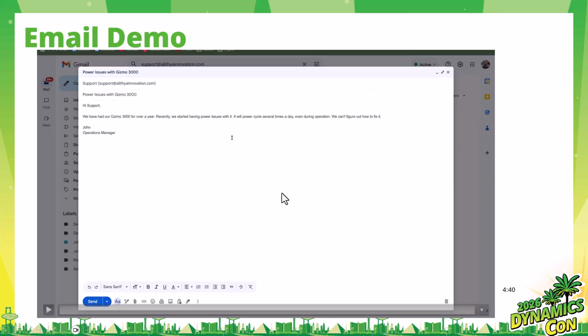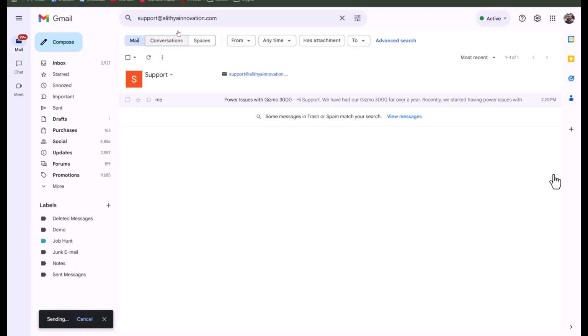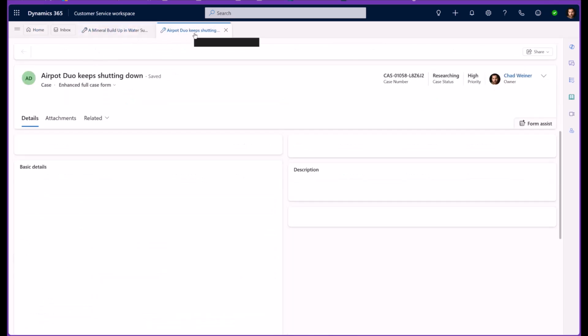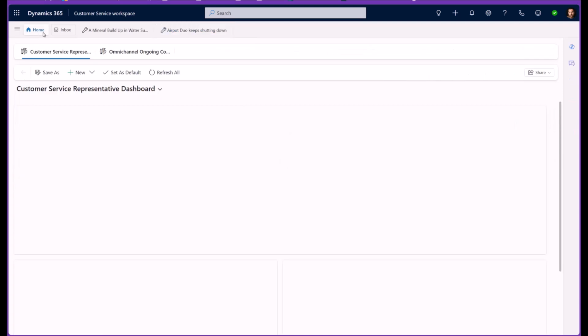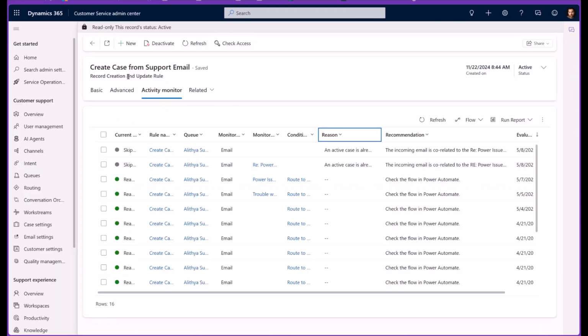Now next, we can also have email. So here is an inbound email. Customer has an issue. They're in their personal Gmail or Outlook, right? We have had the Gizmo 3000 for a year, and recently we're having power issues. So they email in at support@kintoso.com. And I'll show you real quick, as an agent, I can be working on some other records, like a